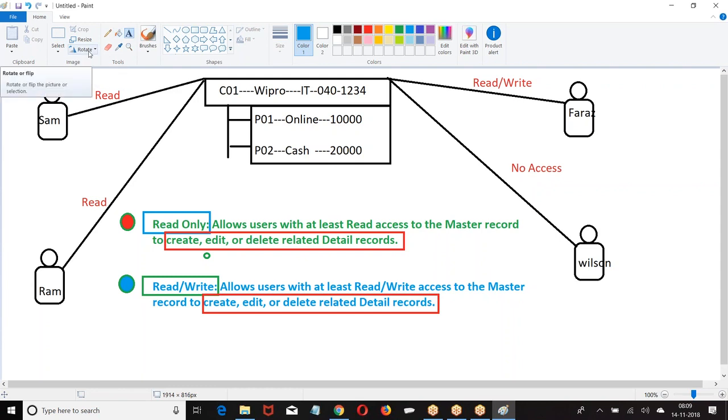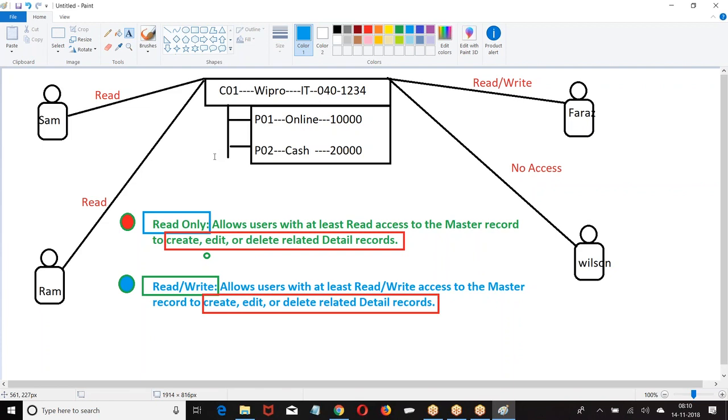Right, boss. Now, look at the point. What was the format here? We are trying to create a master detail relation. It is a field. The way you create a number field, in the same way we have to create a master detail field. What is the data type? Master detail. Previously number was your data type. Now I have selected master detail.